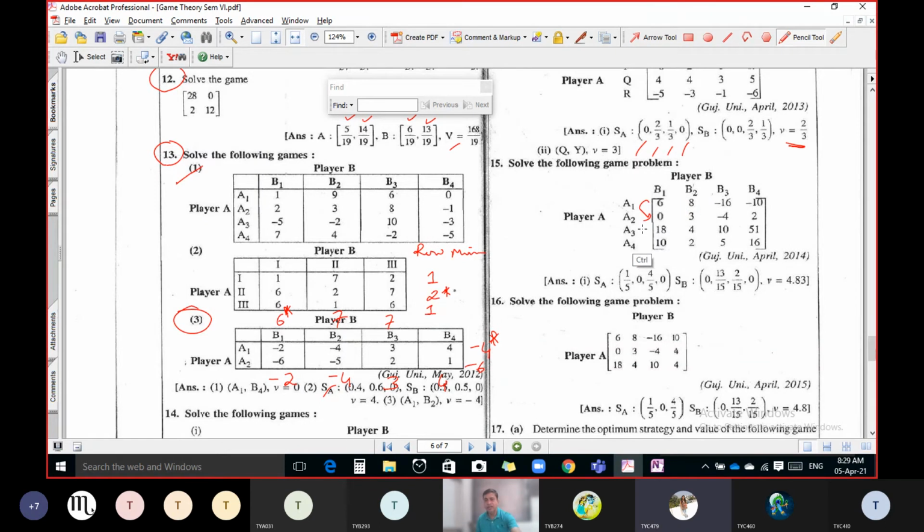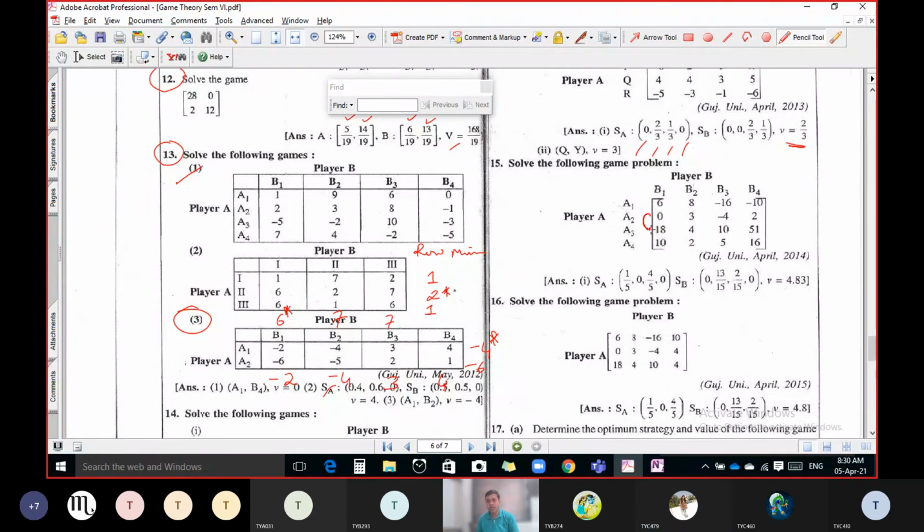Correct, absolutely right. So we are not able to take a decision straightforward. Now A1 and A3, which one is better? Here A1 and here A3, so they are not the same. Now A1 and A4, which one is better, A1 or A4? Here A4, here A1, so they are not the same. Now A1 with A2, A3, A4 is over.